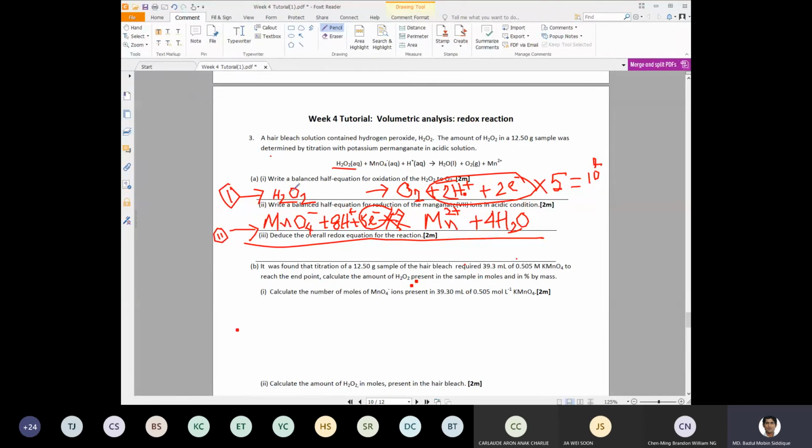So I multiply 1 with 5, multiply 2 with 2, and then I have 10 electrons and 10 hydrogen here. So the overall reaction is becoming H2O2, and I'm adding up, so that MnO4 negative charge of 4, and there are 10 electrons